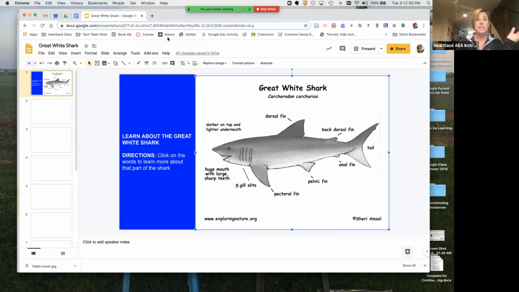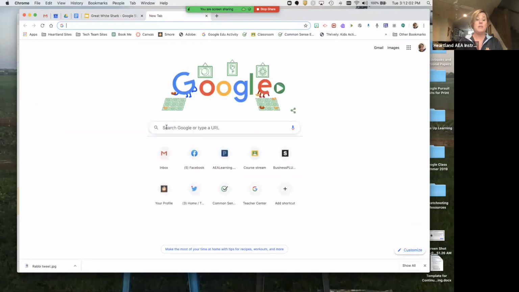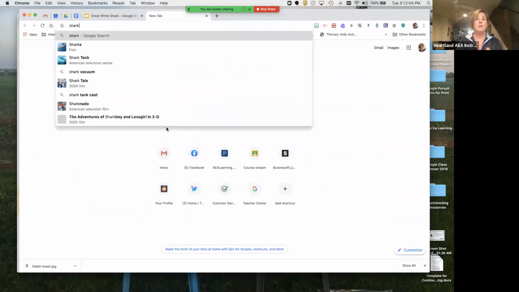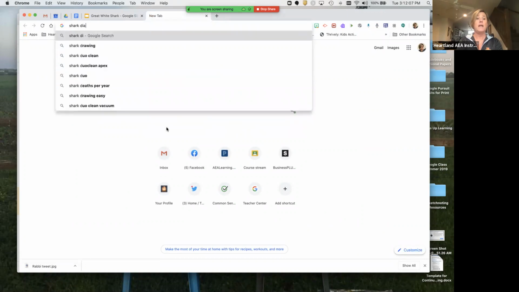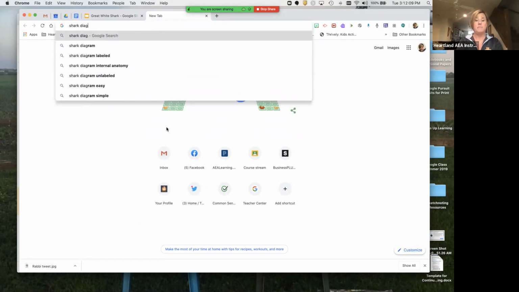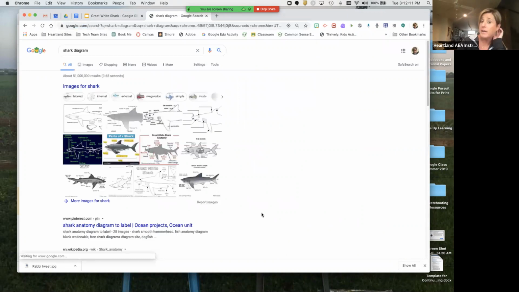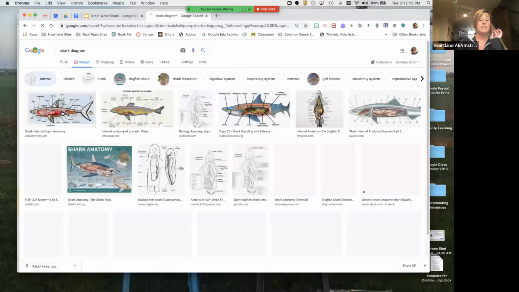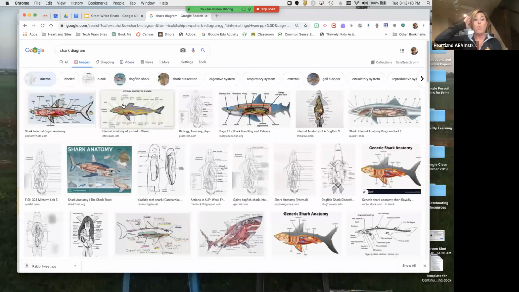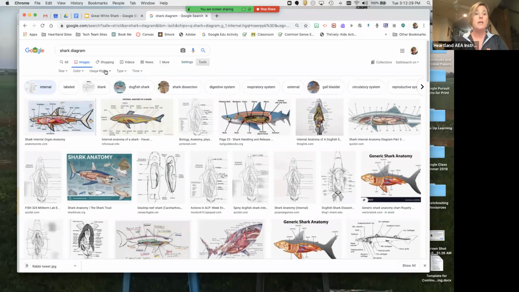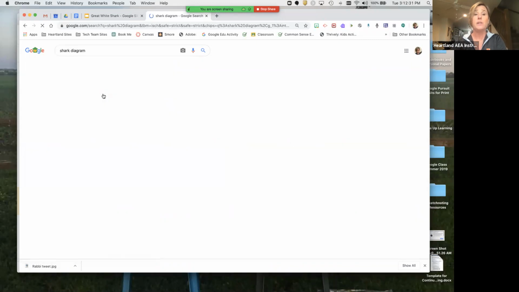What I did is I just went to Google search and typed in shark diagram. And you can get different diagrams of sharks. You can start clicking on these different diagrams, and you'd want to pick two things to think about. Number one, skill level of your students. With little ones, you probably don't want all of these different buttons. And the other thing is you should use your tools and consider usage rights that they're labeled for